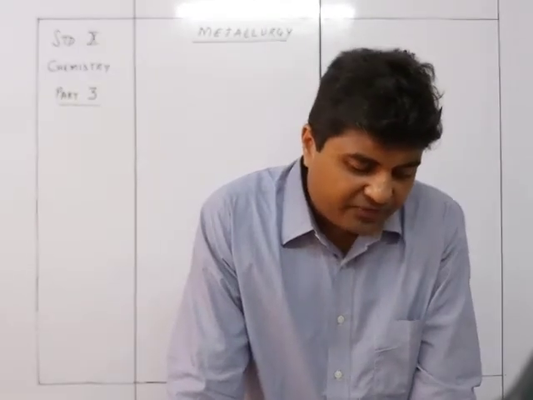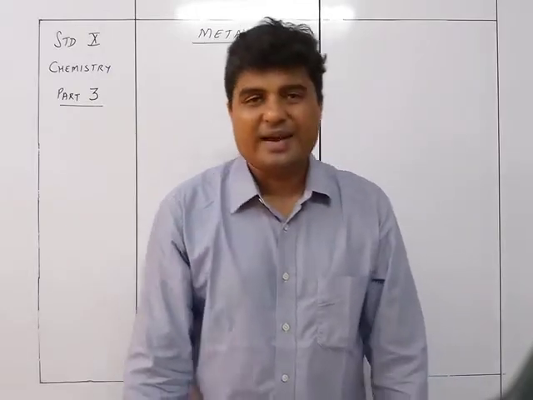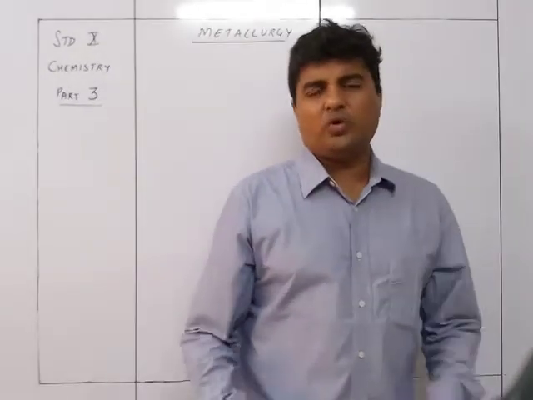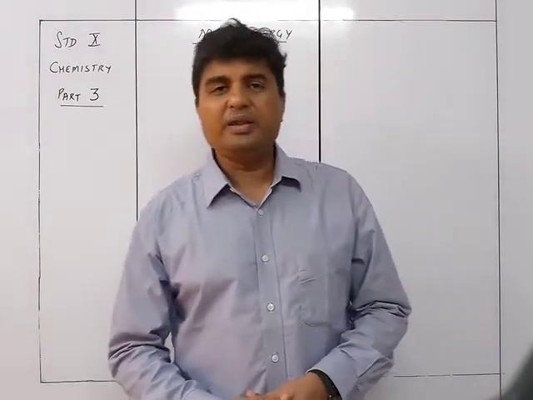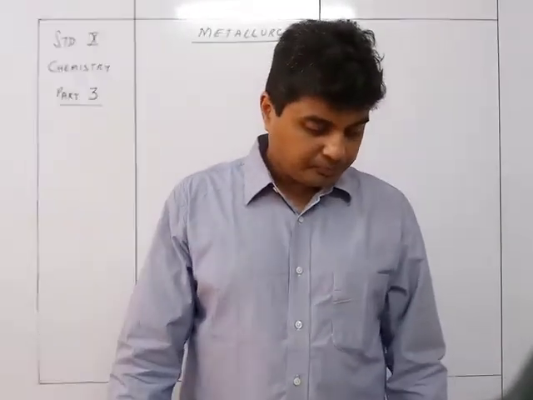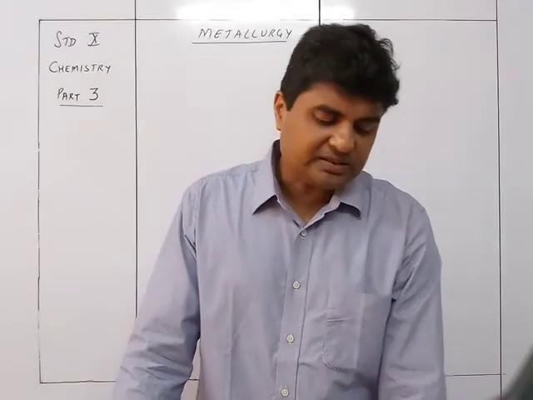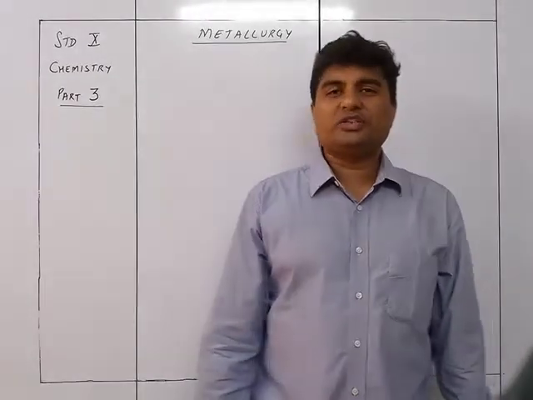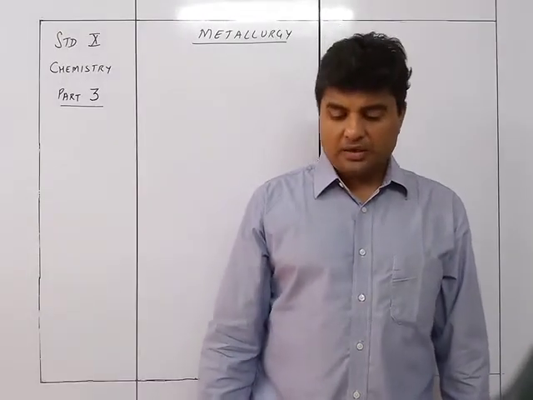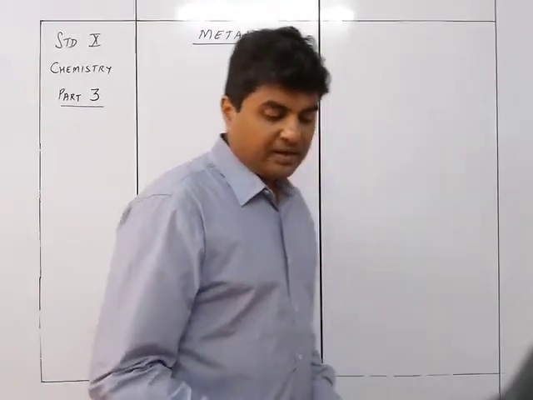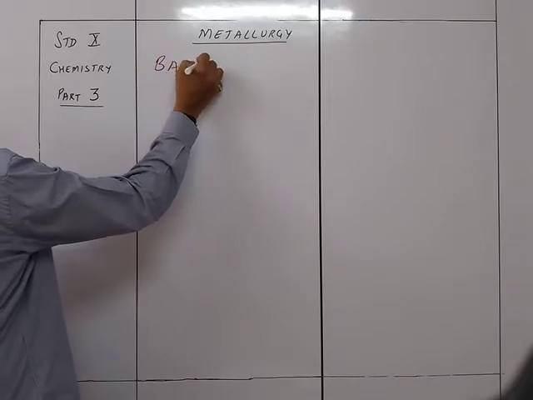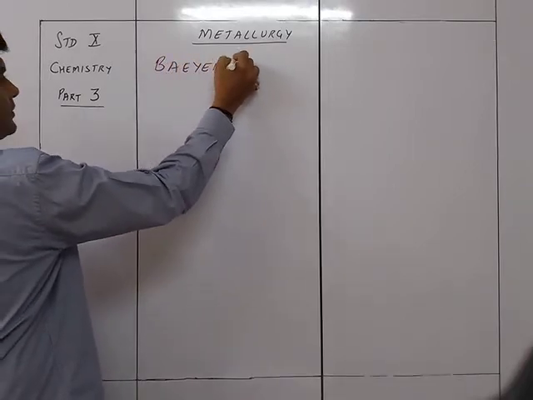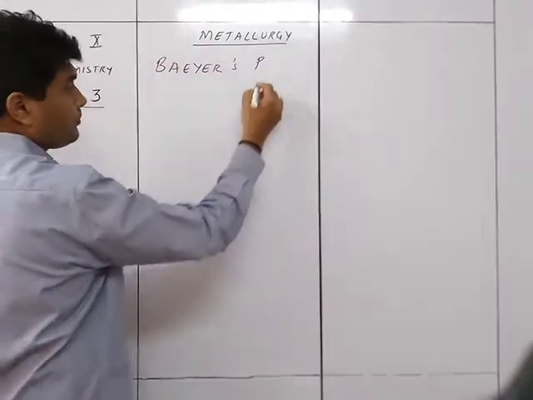Aluminum is the most abundant metal in the Earth's crust, about 7.4% of the mass, followed by iron at 4.7%. Aluminum does not occur in the free state since it is a reactive metal. Normally it will always be in the form of an oxide or a hydroxide, something like that. It will never be in the pure form. So the first thing is dressing or concentration of ore by the chemical method known as Bayer's process. So first thing over here is Bayer's process.